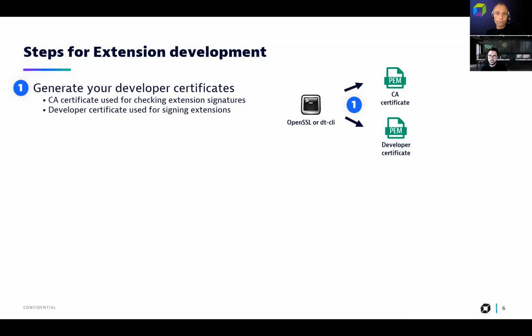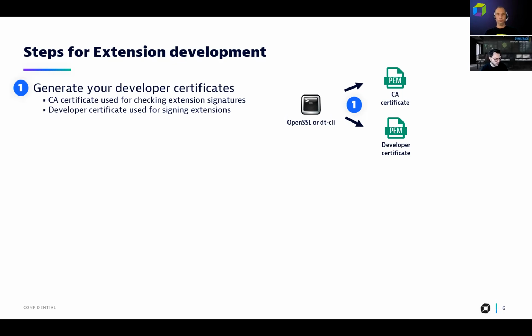So the first step is to use either OpenSSL, which is an open source, vendor-agnostic command line utility, and also the DTCLI, which is our own deliverable for a command line utility that allows you to create these files. You'll create two different certificates. One of them is known as the CA, or Certificate Authority, and then the developer certificate, and these two have